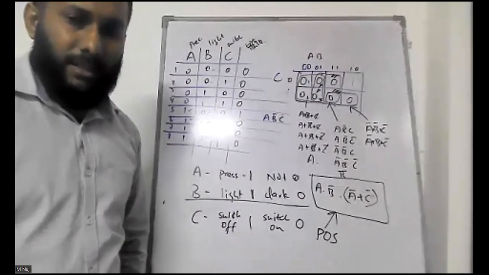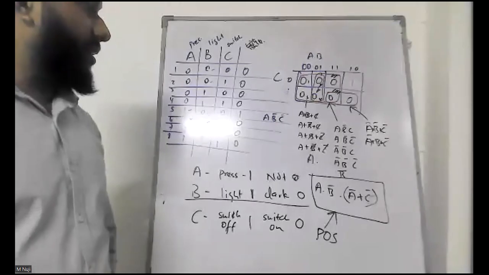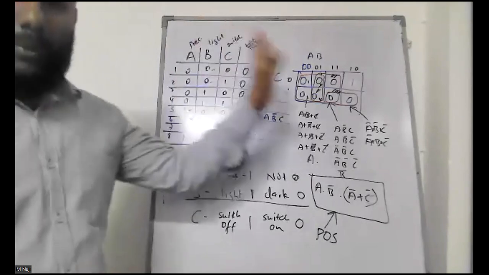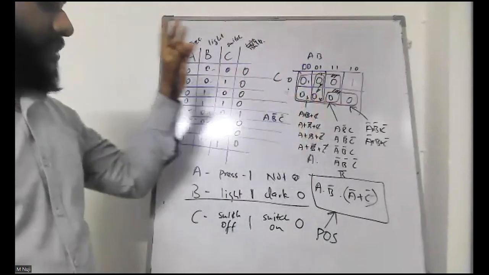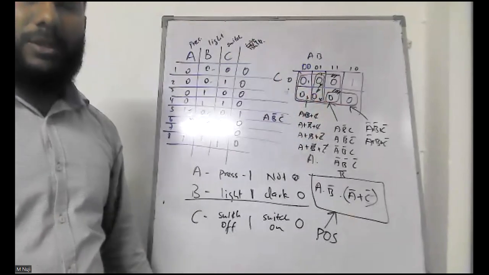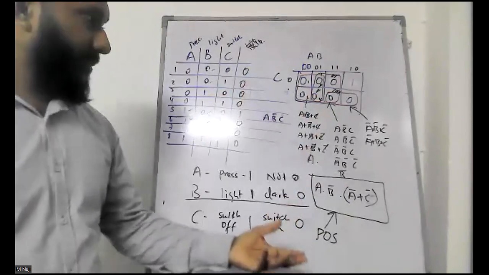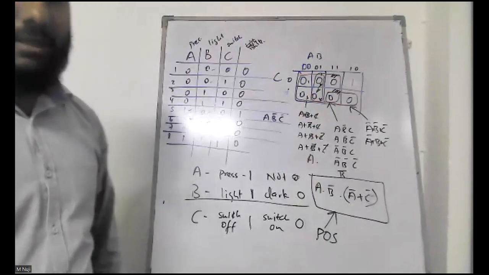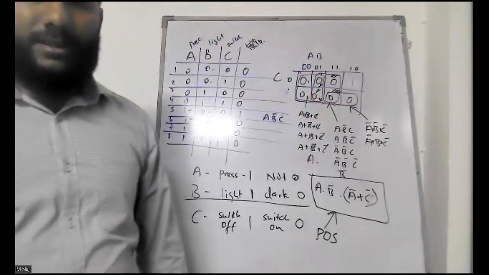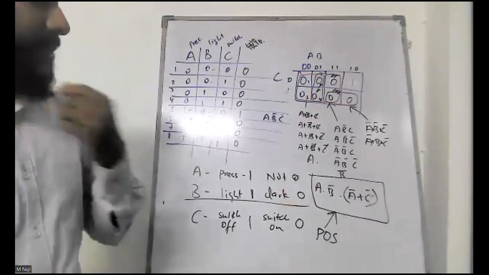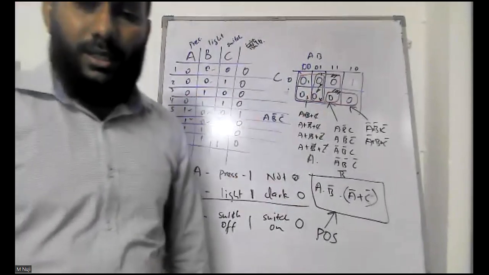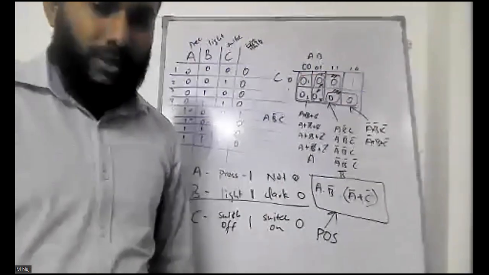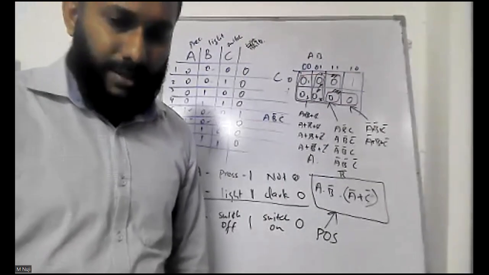I can explain it. Okay, so these are the topics that we learned up to now. You know how to do the product of sum Karnaugh map and how to simplify the Karnaugh map into the sum of products or the product of sums, and even how to fill the diagrams, the truth tables, and from the truth table you know how to draw the diagram. So these are the lessons that we already learned up to now. If you have any other problems, please contact me. So now